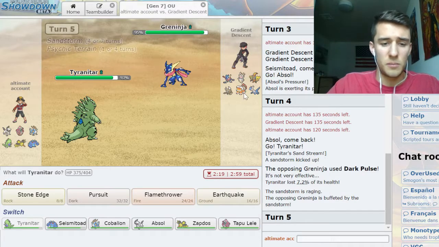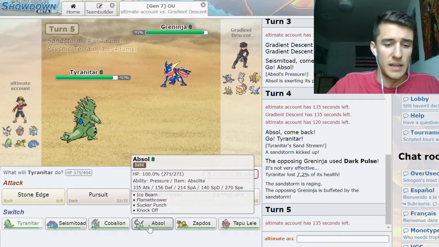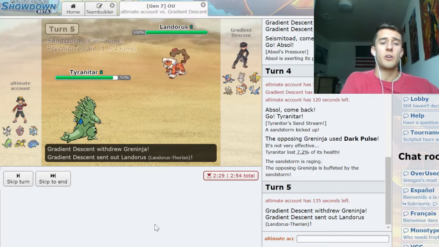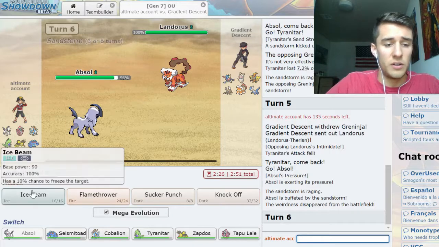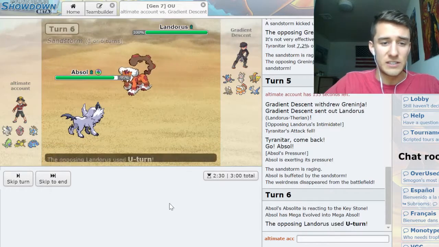I don't think he'd bring out the Pinsir. I think his switch is to go into Lando. So I kind of want to predict that and make a double into my Absol, to be honest, because that's almost definitely rocks Lando. So I'm going to go Absol on his Landorus. Hopefully he stays in on this Ice Beam, but this also lets me get my Mega Evolution, and I should kill this as long as it...